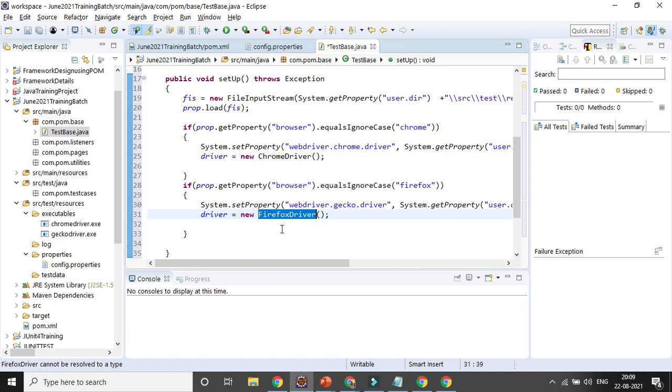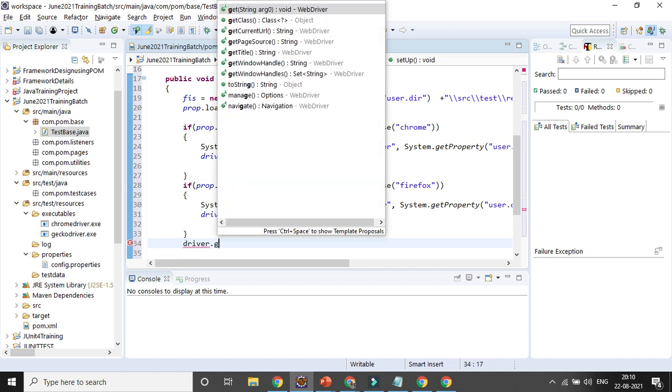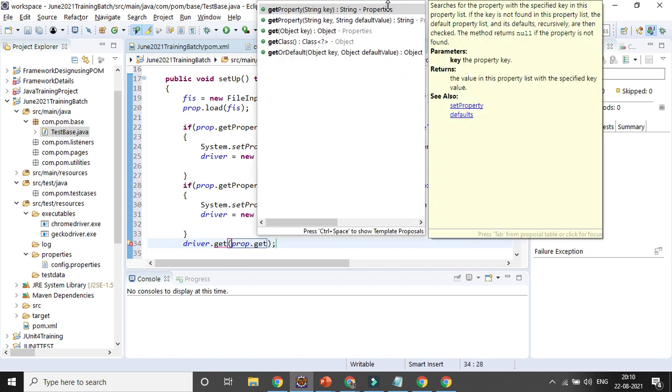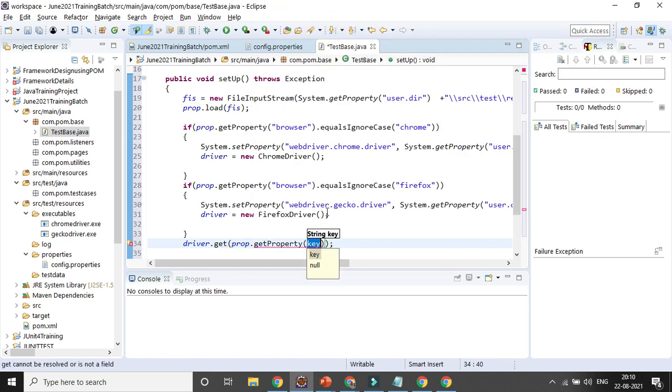Then you can open your URL, right? So once it is done, then driver.get, and then here prof.getProperty. What is the thing you want to read here?